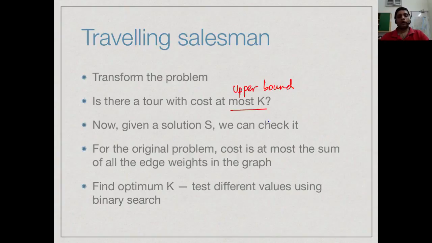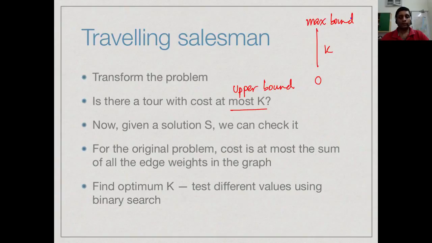Right? So how does this help us? Okay, because our goal was to find the shortest tour. What we have said now is that if I give you an upper bound on the size of the tour, I can use a checking algorithm for yes or no. But now we can try a different case, right? So we have the minimum value of k is clearly 0, okay? And the maximum value is some upper bound. What is a good upper bound? Well, we know that a tour is going to take edges from the graph. If I take all the edges in the graph and add up all the costs, the total tour cannot be